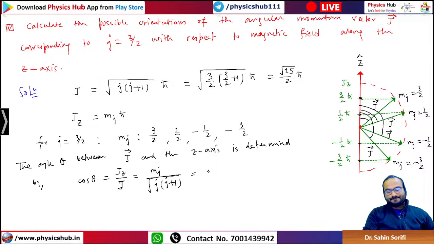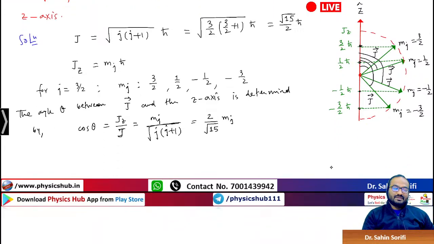So mj root over j into j plus 1 is root over 15 by 2. So it becomes 2 by root over 15 times mj. Now depending on the different values of mj, you will get cos theta and correspondingly you will get the value of theta. So if we consider mj is equals to 3 by 2, plus half, minus half, minus 3 by 2, we have